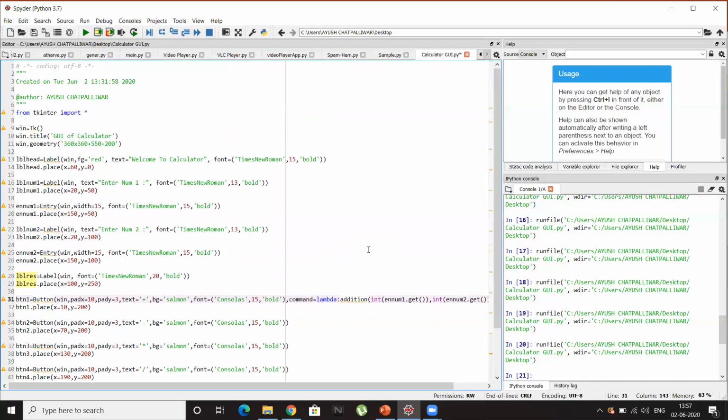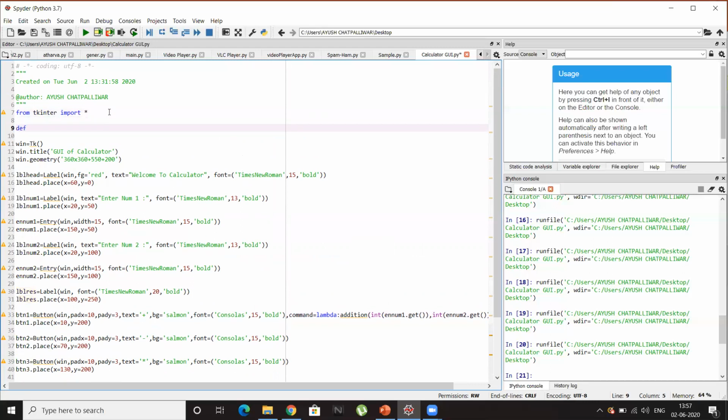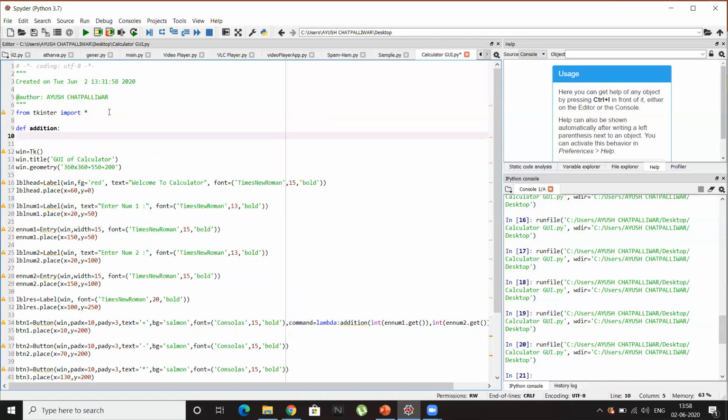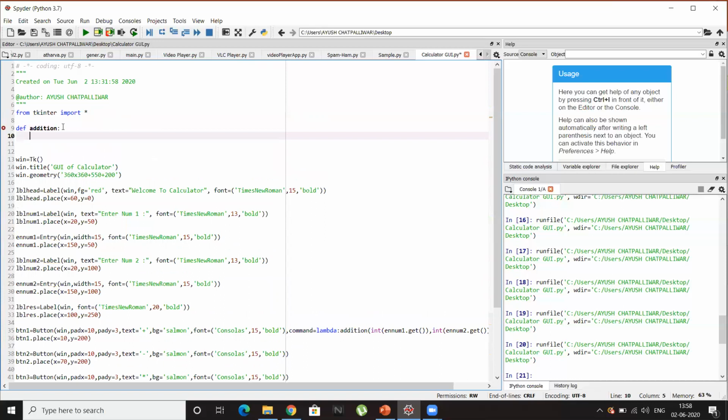So I'll need to make the function for the same. So my first function here, def addition. If you guys have any problem in making a function, if you don't know how to define a function, please refer to Dr. Nilesh Sheke sir's previous video on how to define a function and how to work on a function. It will be helpful to you. So I have defined the function addition, the name must be the same because we have to call it. And inside that, sorry, parentheses are missing, yes.